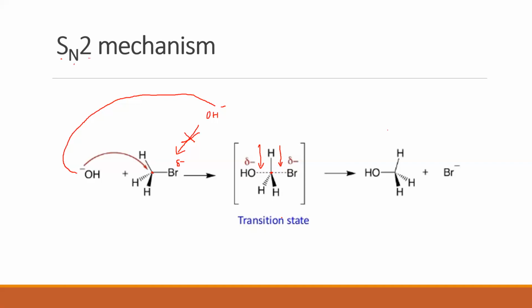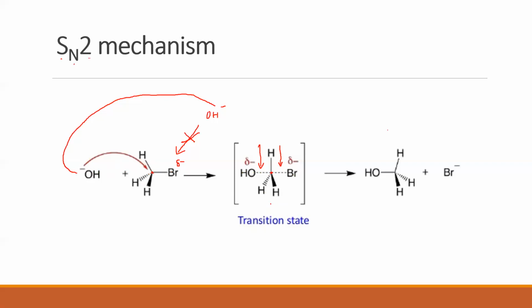Now you can understand this in the form of a fight. The bromine is already there. Was bromine already there? Formed a bond with a carbon? Yes. Now who's coming in? OH minus. So this is competition. Bromine does not want to go out. At the same time, OH also wants to form a bond. That particular state where they are fighting with each other is called the transition state.